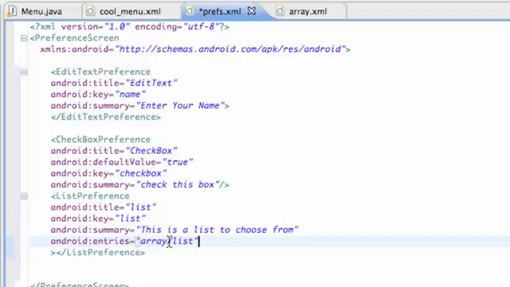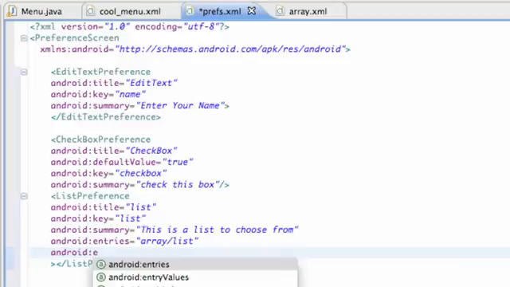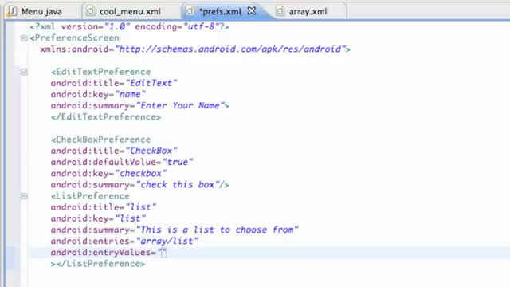So let's say we want one of those items to be checked to start with, and what we're going to do is we're going to set up something basically that's going to refer to the list values for the most part. So we're going to set up something else called Android, again this is within our list preference, Android entry values for the most part, and we're going to say, again, refer to another array. So we're going to say array / values or something like that, or L values,